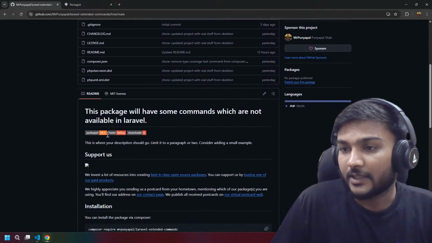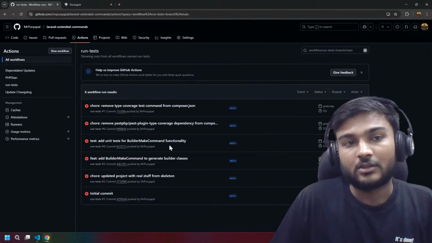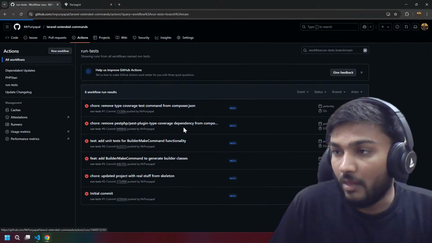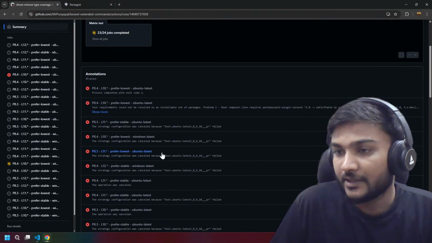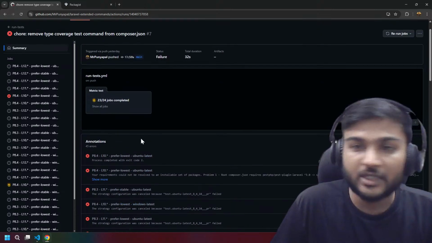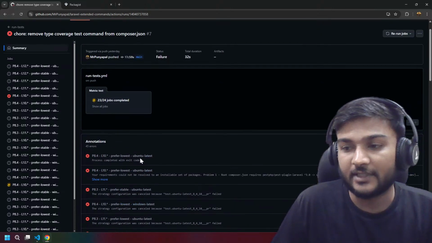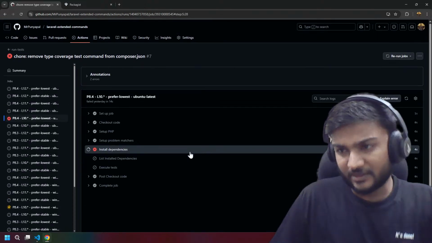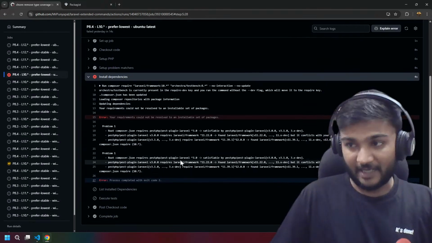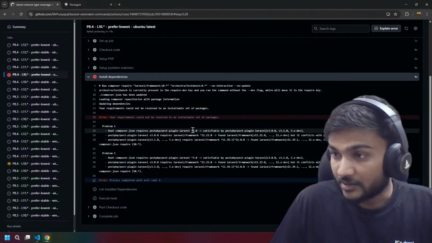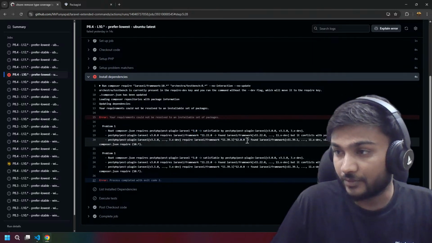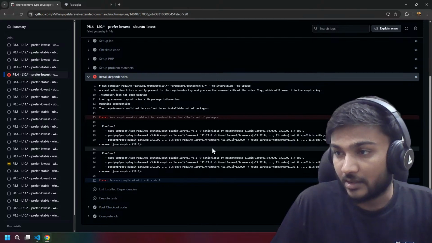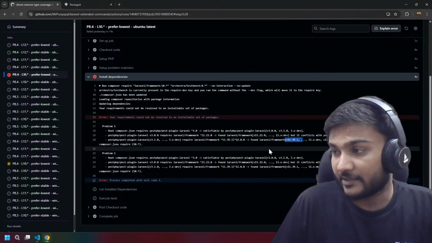Yesterday, the problem is if we see the failing workflow, it is failing on the composer install for Laravel 10, 11, whatever. The Pest plugin 3.0 is saying that it wants 11.x minimum.